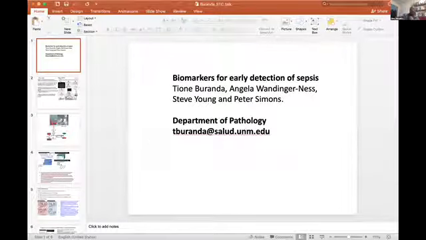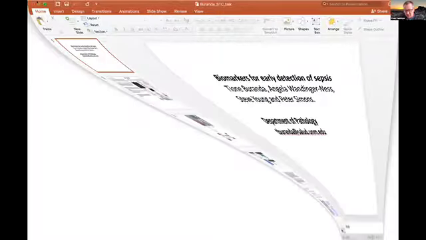So I do have a question. One of the biggest things when developing a new assay or a new treatment is getting reimbursed by insurance companies. So could you tell me what the biggest selling point to the insurance companies is for reimbursing, like how would this benefit the insurance company where they would want to